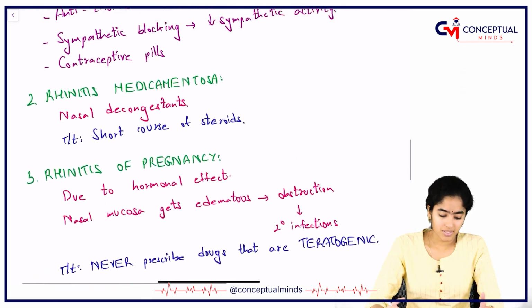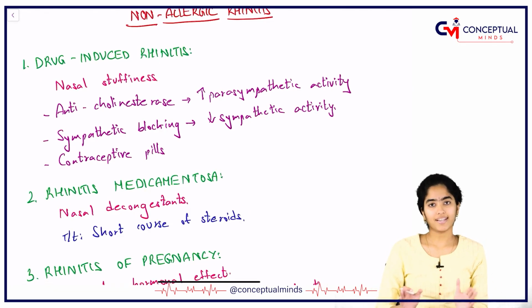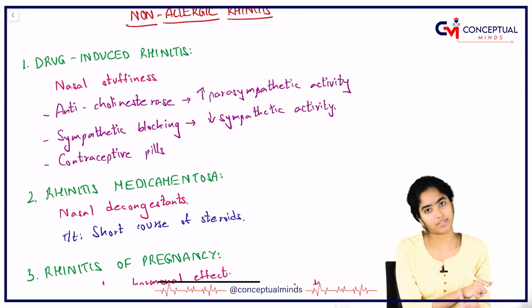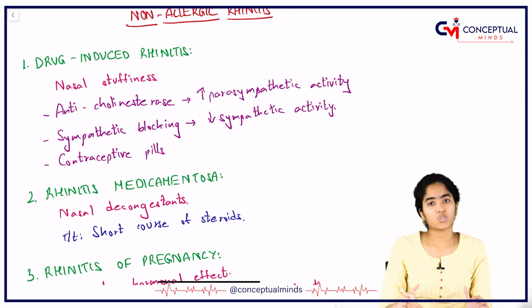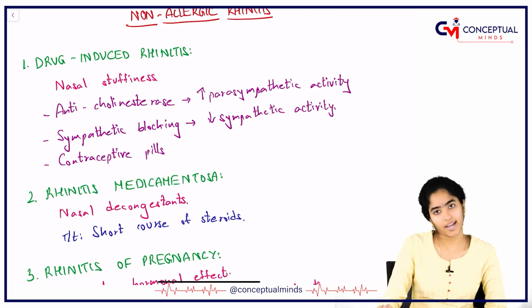It's pretty simple, but nevertheless I'll revise it once for you. What you must remember is, when does rhinitis occur? Number 1, increase in parasympathetic activity. Number 2, decrease in sympathetic activity. That decides your treatment, and you can predict what is happening if you remember just this one point. Drug-induced rhinitis, various drugs, side effects, rhinitis. One is your anticholinesterase drugs, which will increase the parasympathetic activity, antihypertensives, which will decrease the sympathetic activity, and also